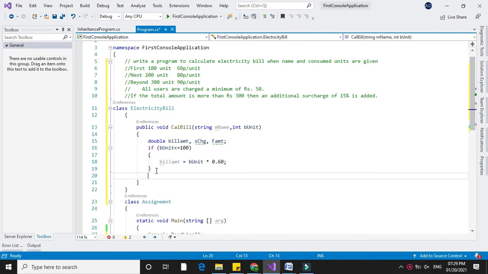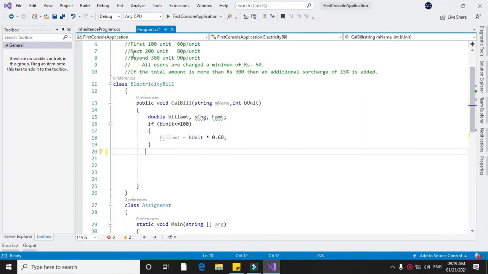Next we will check the second condition for next 200 units. So else if bill unit greater than 100 and bill unit less than or equal to 300.